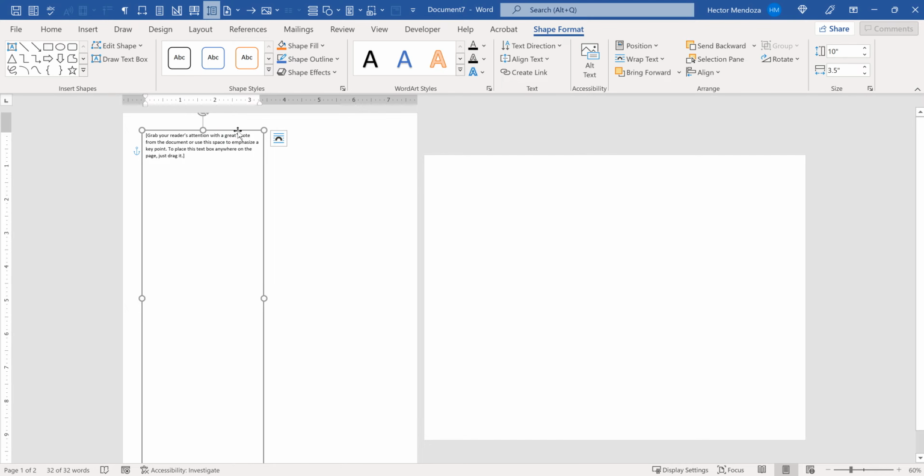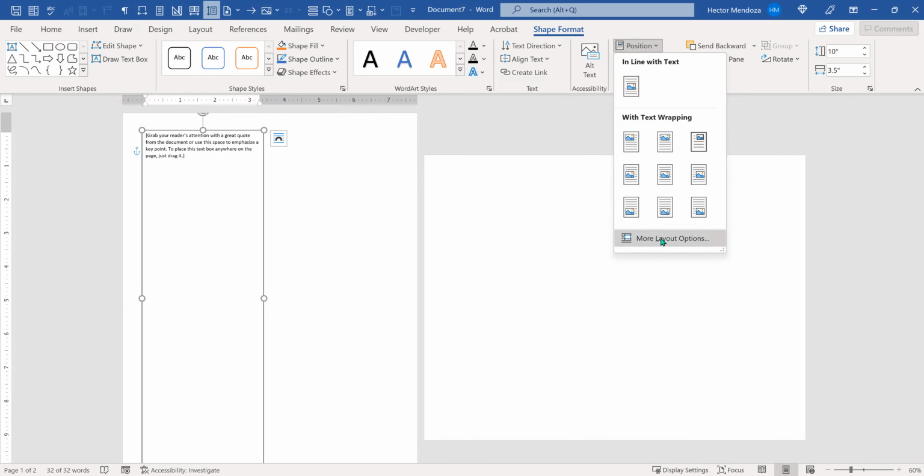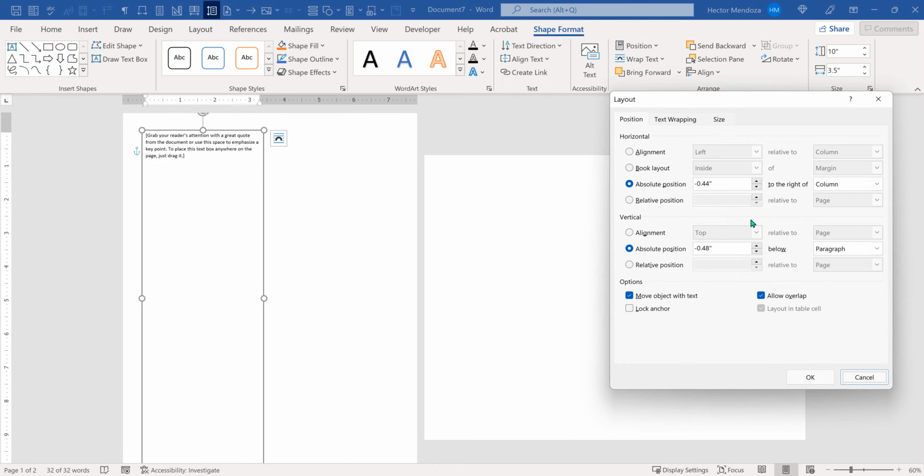So if I click here, I'll go to position, I'll go to more layout options. I want to use absolute position on my horizontal and vertical position, right? The first thing you want to do is turn this one into page, and then this one into page. That way you can get absolute